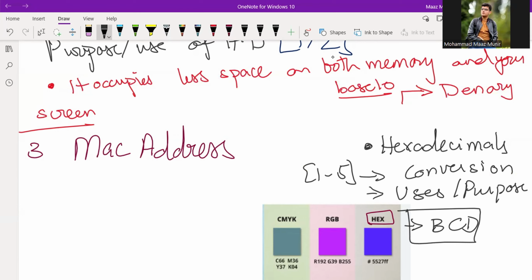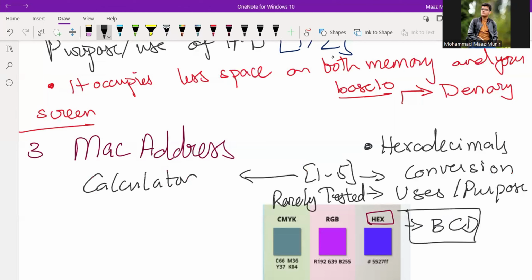And then this question, uses and purpose, is not really tested in A levels, because this is more of an O level or IGCSE concept, but still they could test you on it. We don't have any additional information because it's there in the course. Also, for your knowledge, I will be teaching you a method of how to use your calculator to convert between binary, hexadecimal, and denary. Obviously you don't have your calculators with you in exams, and neither could you take one with you. And so it's better you only use this calculator method